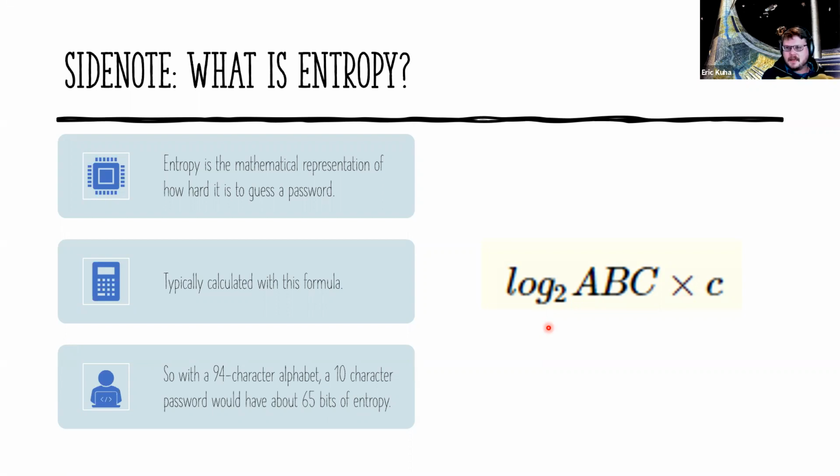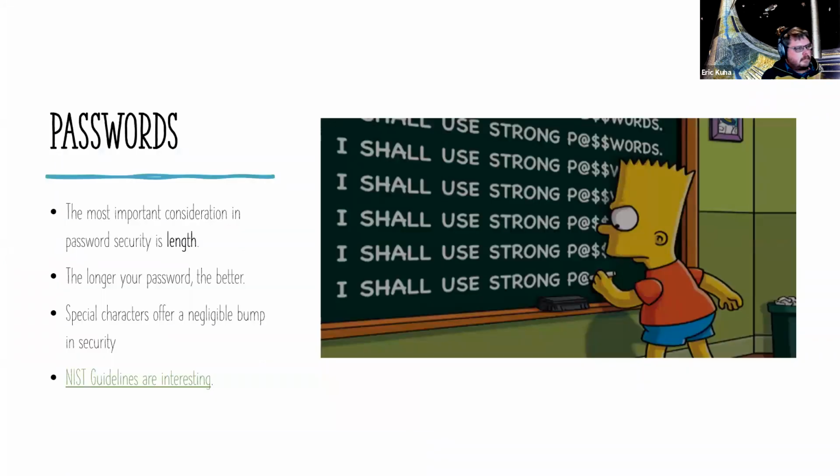With LastPass, I can do 30 character passwords and I don't have to ever type them. It's awesome. So use strong passwords, and strong passwords equal long passwords. The beautiful thing about long passwords is you can make ones that are easy to remember by using passphrases. Think of a nonsense sentence, a silly poem, something that you can really easily remember, but doesn't need a whole lot of character complexity. Doesn't need all these special characters.